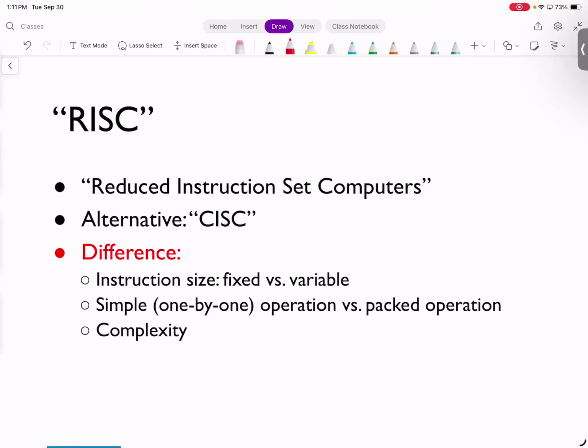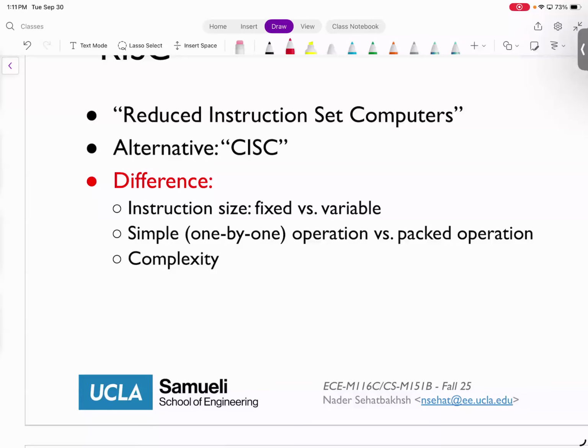The most important CISC-based architecture is, as I said, x86. All the Intel processors are CISC-based, but almost every other major company and product is RISC-based, and generally RISC is significantly more favored because of the simplicity that it brings. The reason that Intel is really not switching is that they have tens and tens of years of tool chain and